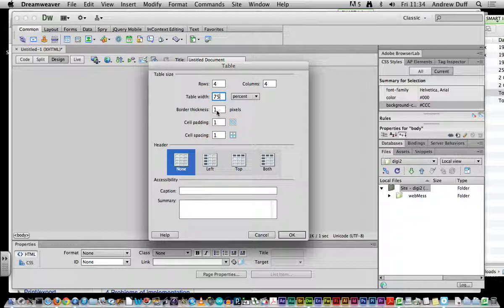If you want it to be a specific size, then you stick with the pixels. But we're just messing about at the moment, and I think it's fun having springy tables. So put it to about 75. Okay. We'll leave the header stuff alone, but accessibility down here, where you've got caption and summary, this is to do with